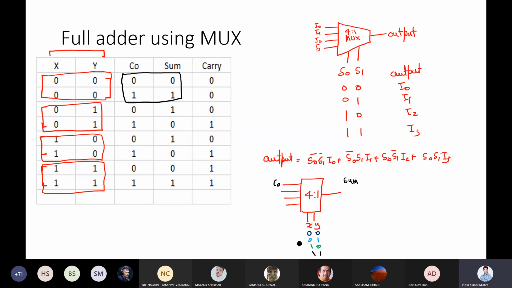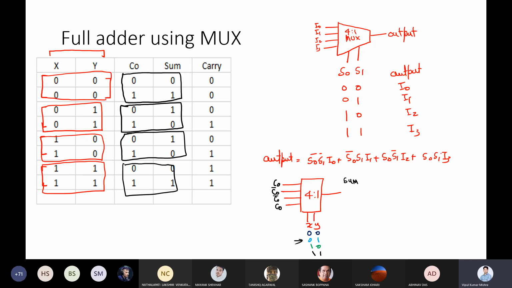Got it? Now let's say I have value 0, 1. In case of 0, 1, we have these two pairs. What relation are we getting from here? Complement. So you will say here we will produce the complement of C0. Now let me come into this. What about when your value is 1, 0? Again complement. Now at the end, when your value is 1, 1, equal. So you'll say C0. So this will give you the sum.